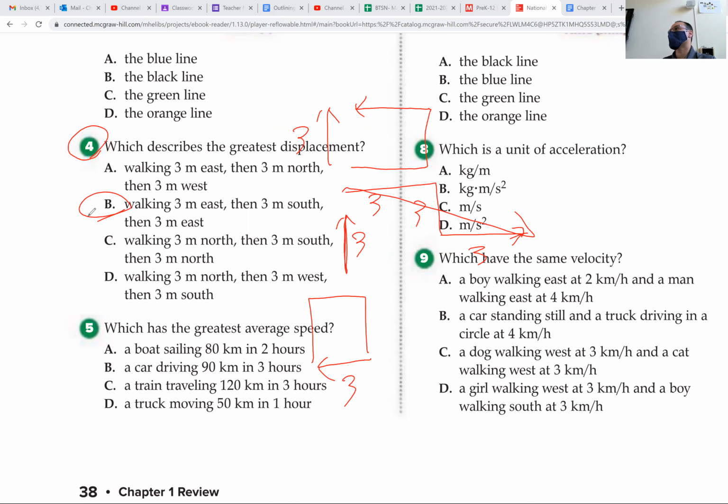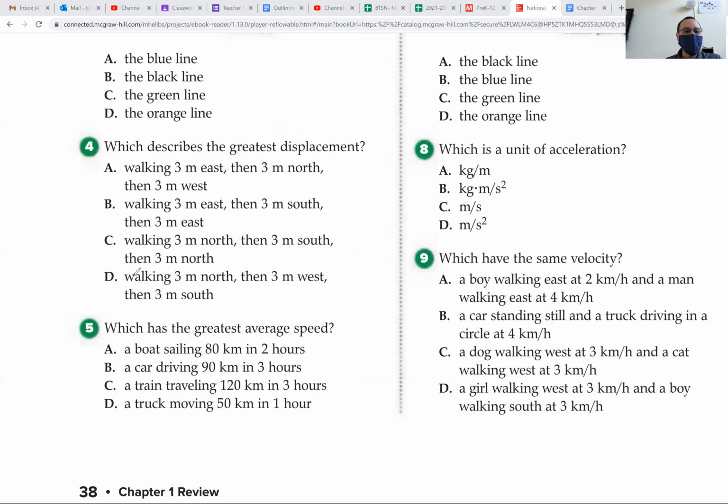B is the correct answer. Any questions about that? Understanding our west from our east, from our north, from our south, that's really important for that question. Now let's take a look at number 5. Which has the greatest average speed? Average speed is the speed we need. So a boat sailing 80 kilometers in 2 hours, well, 80 kilometers divided by 2 hours equals 40